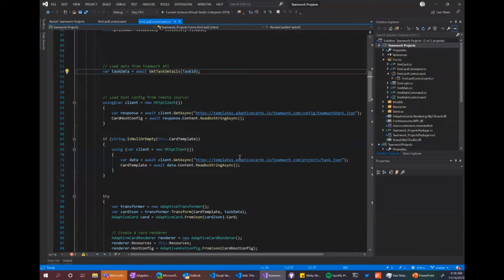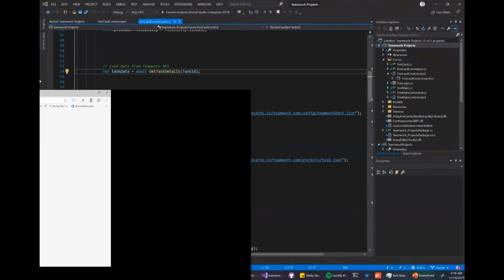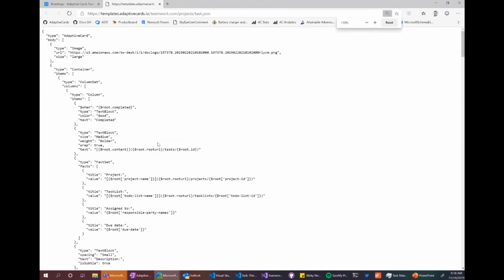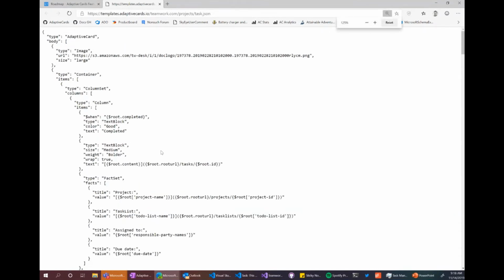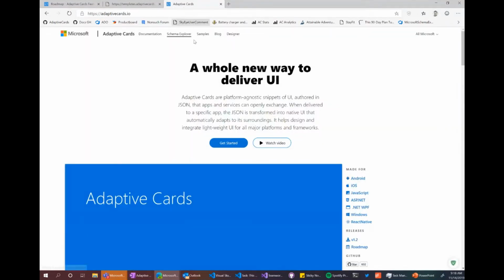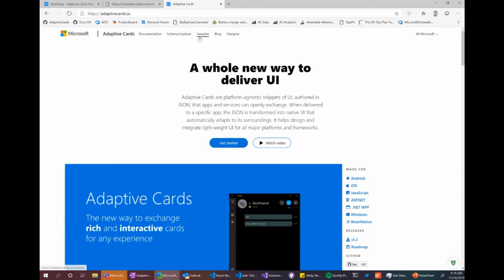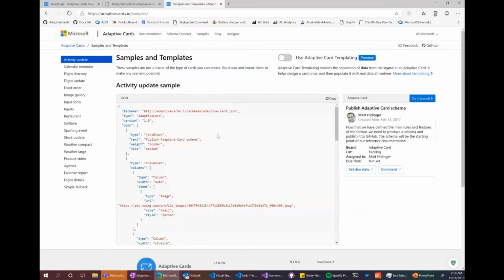And then it gets into the adaptive card part. If I control click on this link, this is the template that powers that UI. And hopefully most of you are aware of adaptive card templating. If you've been on these calls, I've been really trying to promote it. In fact, not promoting it for my own sake, but it's just such a time saver if you're interested in adaptive cards and you want to go from, okay, that sample seems cool, but how do I fill it with real data?